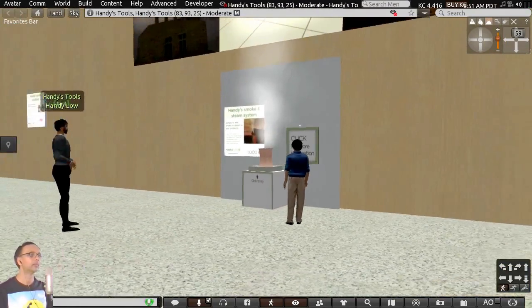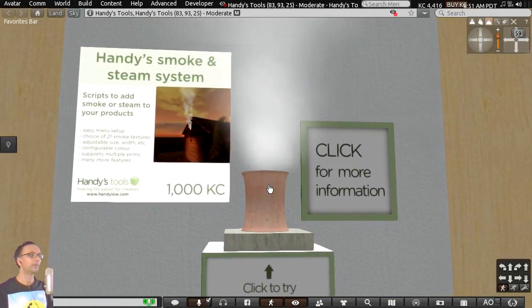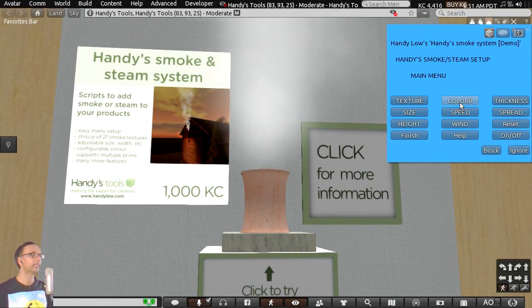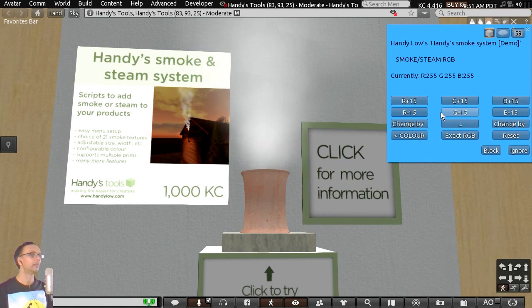In fact, if you click on the chimney there, you'll see a menu. You can change any of those things and immediately see what it looks like. So I'm trying to up the red a little bit and see, oh, now it's white, so if I want to make it red, I'm going to lower the green and blue. Or you can just increase the red, it works the same way.